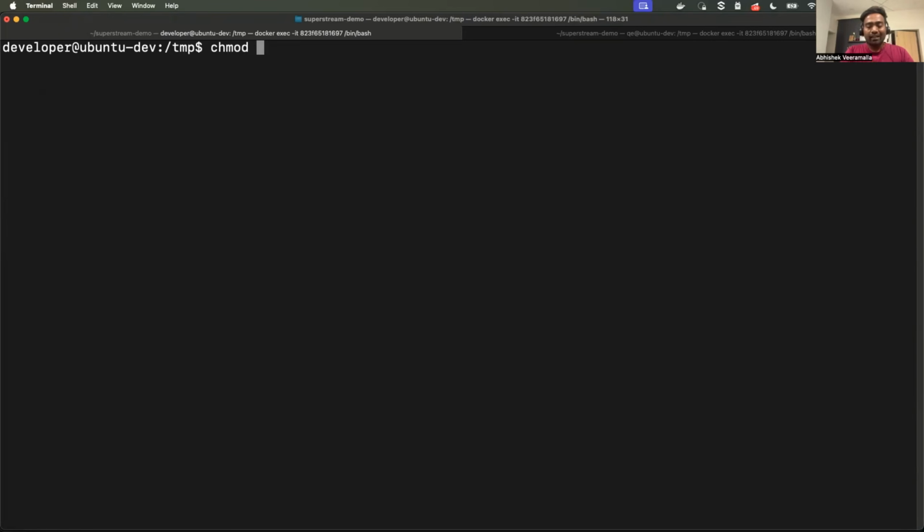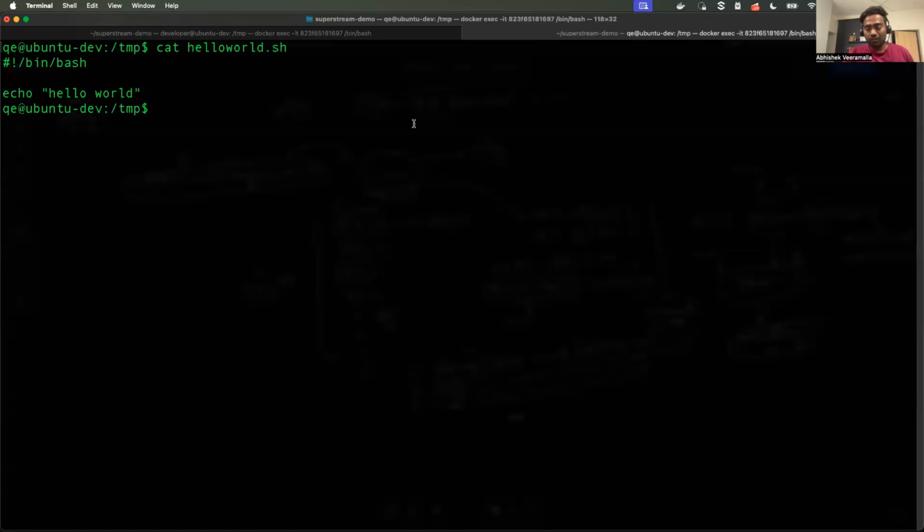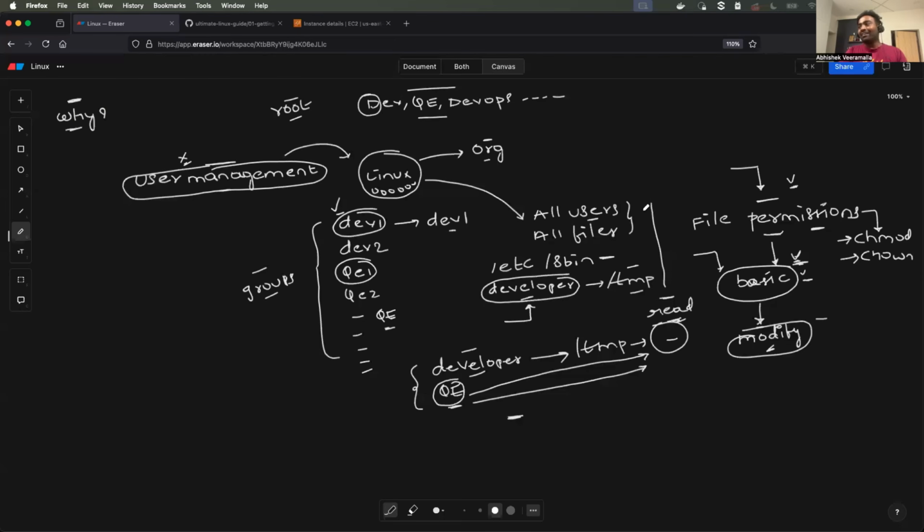So what I'll just say is chmod o=, followed by the name of the file: hello world.sh. Now when I go to the other user and do cat hello world.sh, it says permission denied. So with one command, I changed the permissions on the file, the permissions that are set up by the Linux file